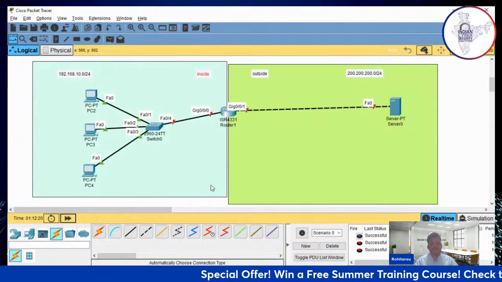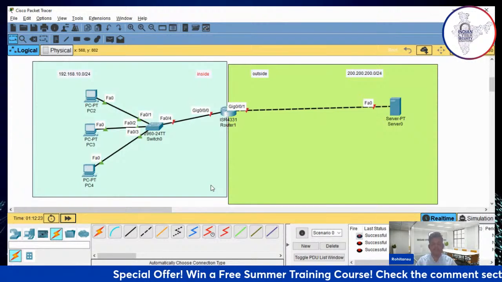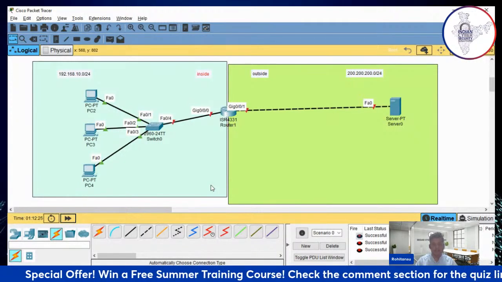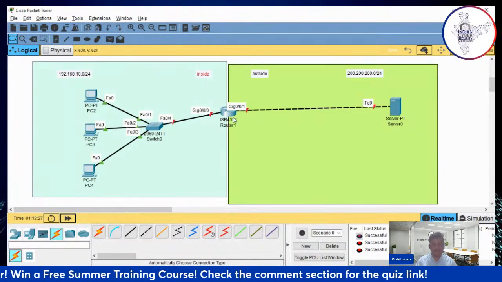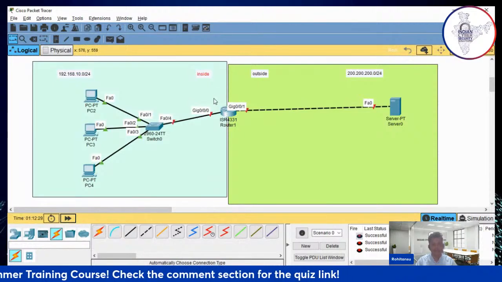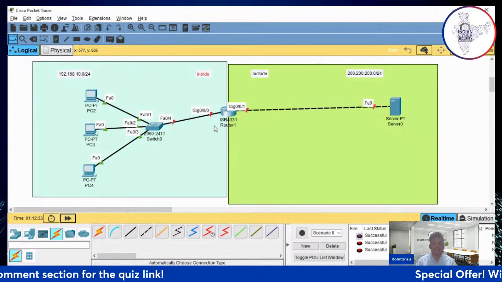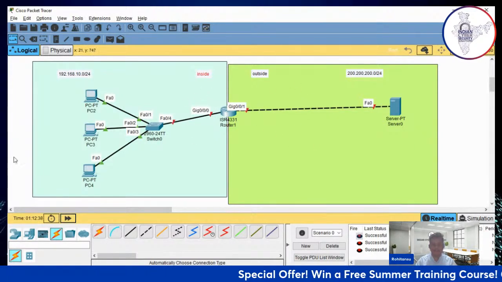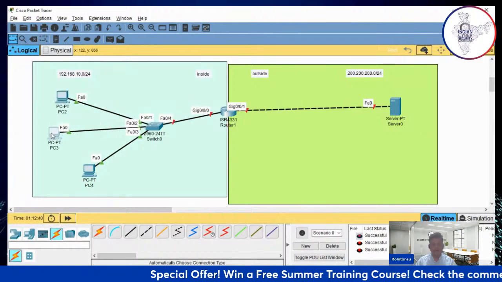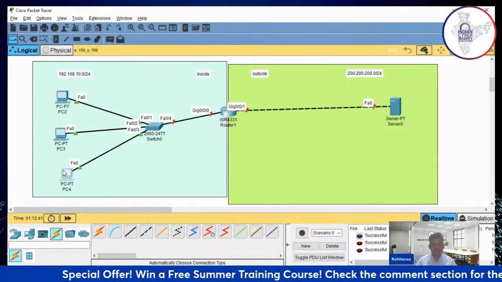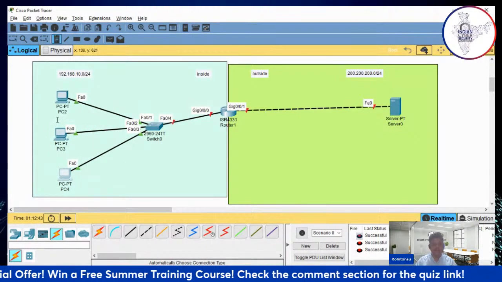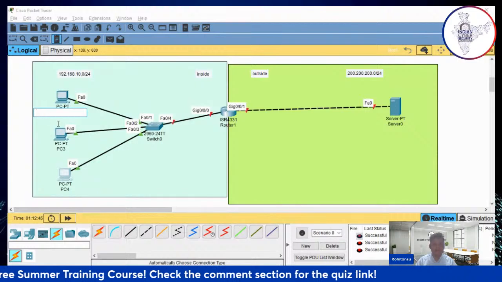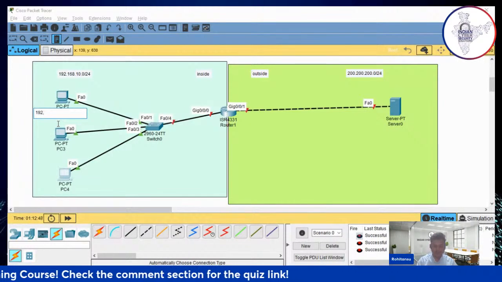Okay. So now what I can do, I can just forward it. Same goes for private, same goes for static and dynamic. Both things we do the same kind of thing. We need to go to the interface of the router, and tell the router which side it belongs to, whether it belongs to the inside network or the outside network. Before telling the router which side it belongs to, you need to label the IP addresses.